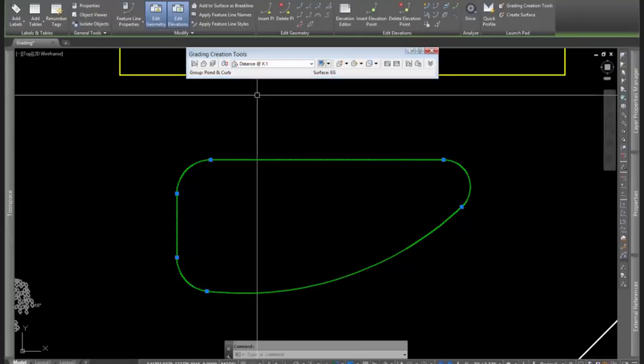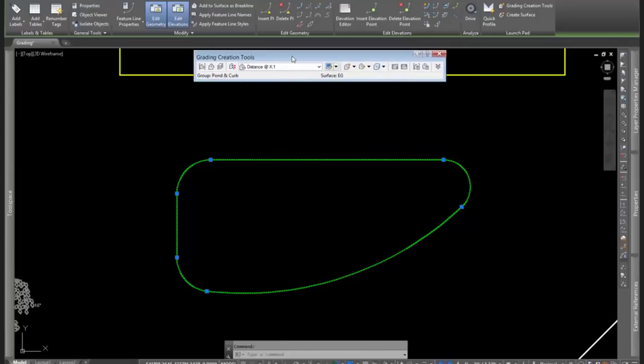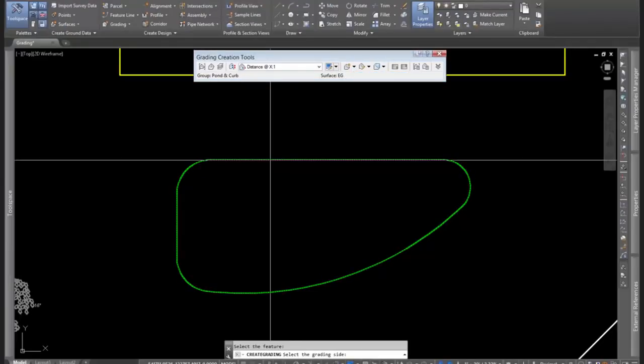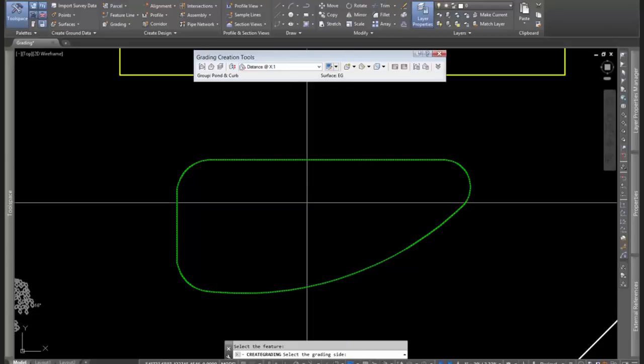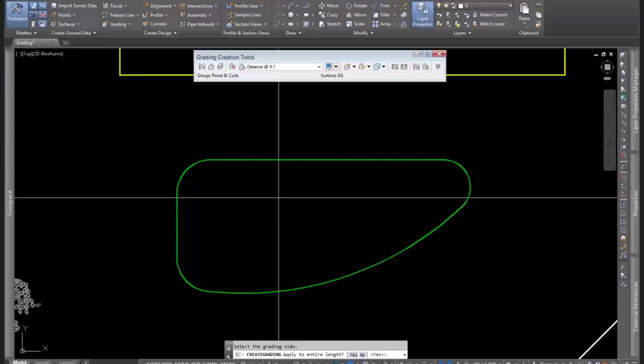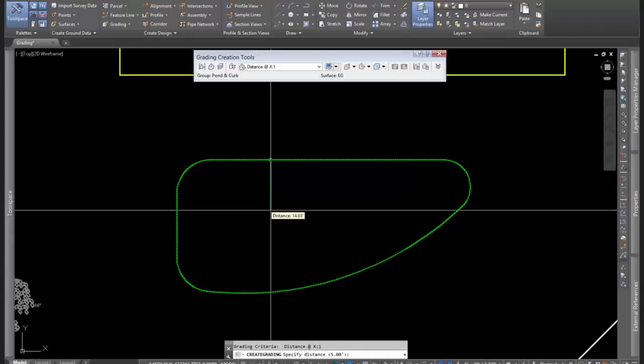So I have one here for distance x to 1. And all this allows me to do is to specify a distance at a slope, a rise over run, and then we'll grade at that distance. So I set the grading type, I click create grading, and then I go and pick the feature line. It prompts me in the command line, so go ahead and watch in the command line there. Select the grading side, that'll be to the inside. I'm going to say yes for the entire length. And I'm going to go a distance of 10 feet. And I'm going to go a slope